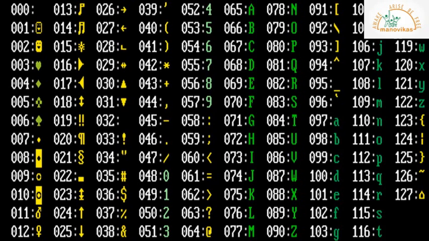Look at the ASCII code for uppercase B. Did you all see that? 66. And can you see the ASCII code for lowercase b? Did you all find it? That is 98. So there are different ASCII codes for uppercase and lowercase alphabets.